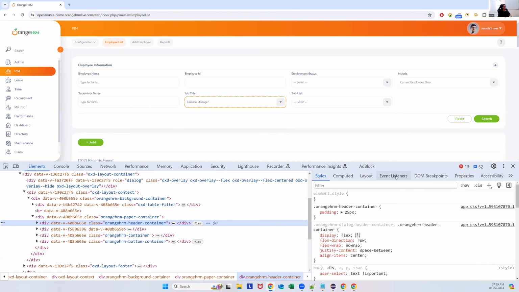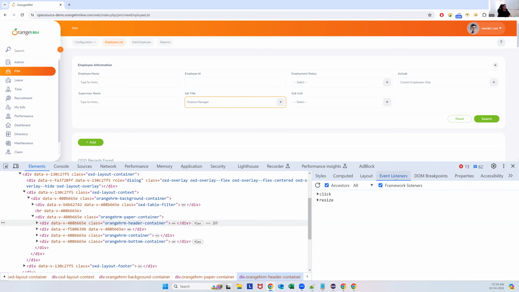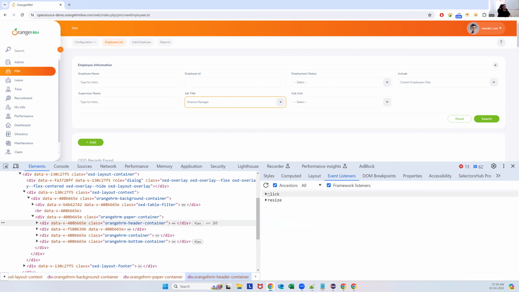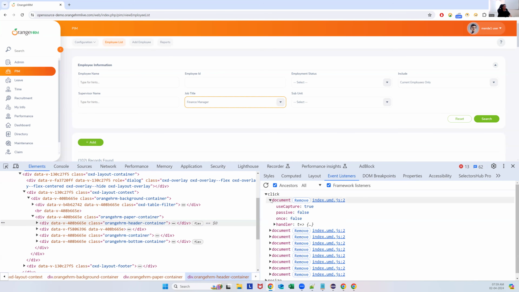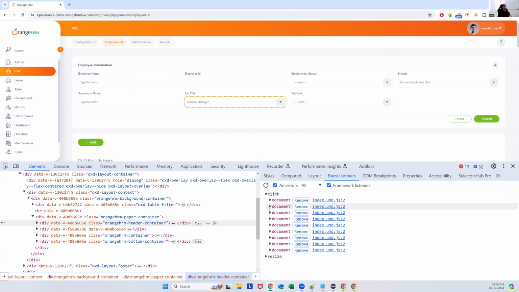In the DevTools, there is something called event listeners. In the event listeners, there is an option called click here. Just try to refresh. Go to click here, and if you expand one of the documents,